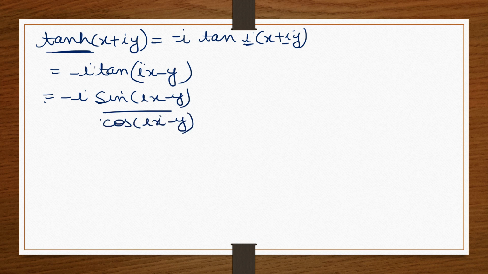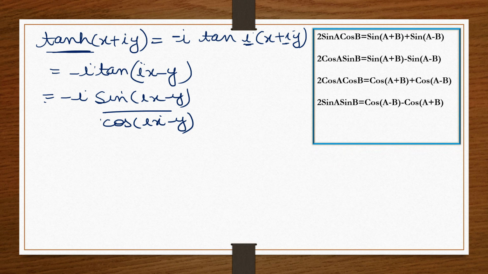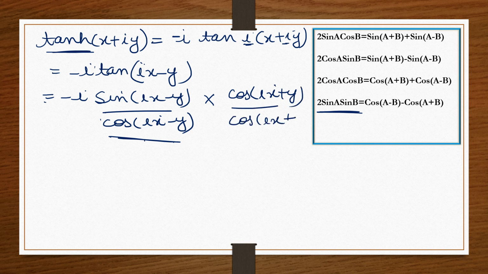Now again apply the same formulas which I have already discussed. So these are the formulas, right? Because we have cos, like I told you, in the denominator we need either this form or this form. Because we have cos, we cannot convert it to this. So obviously we are left with only one option, and that is this one. So what we need to do, just multiply and divide with what? Multiply and divide with cos of iota x plus y, and here multiply and divide with 2.